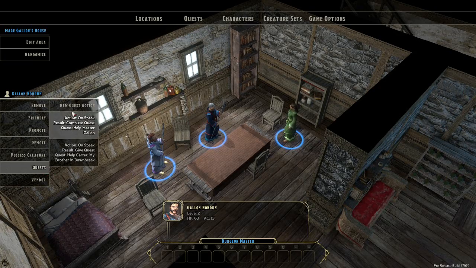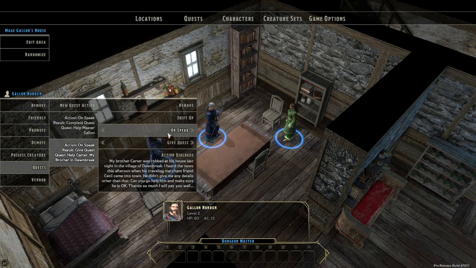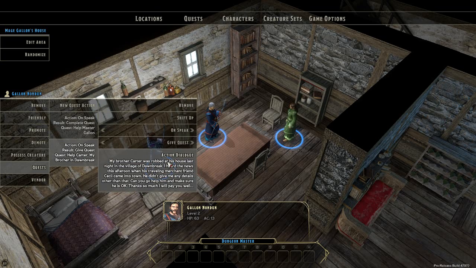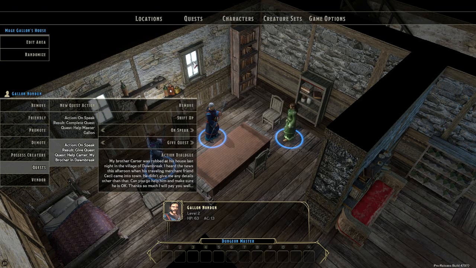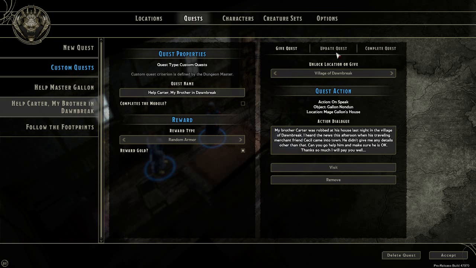Alright, so quests. So basically, again, on speak, complete the quest, help Master Gatlin. On speak, give quest, help Carter, my brother in Dawnbreak. Alright, this is the one that's being the pain in the ass. Now it is unlocking a location. I don't think that would matter, but...